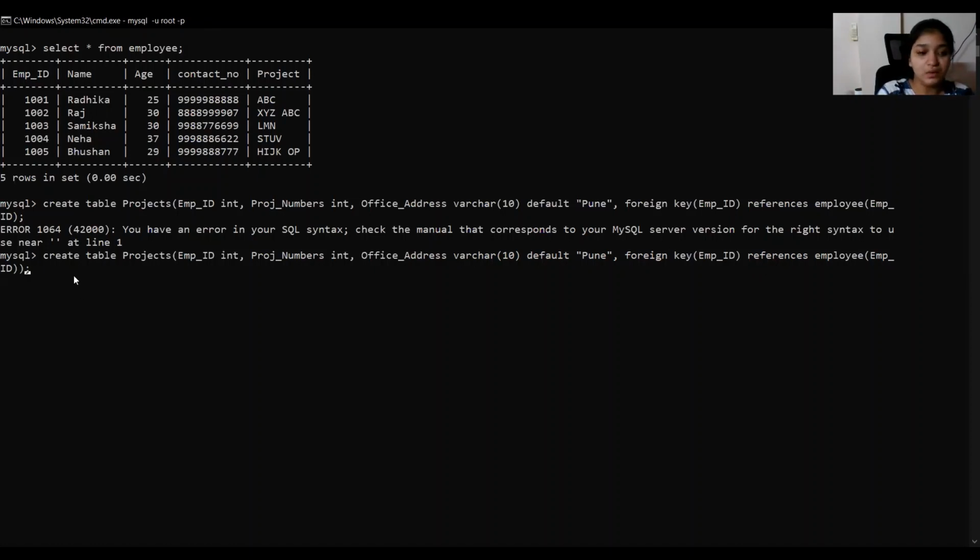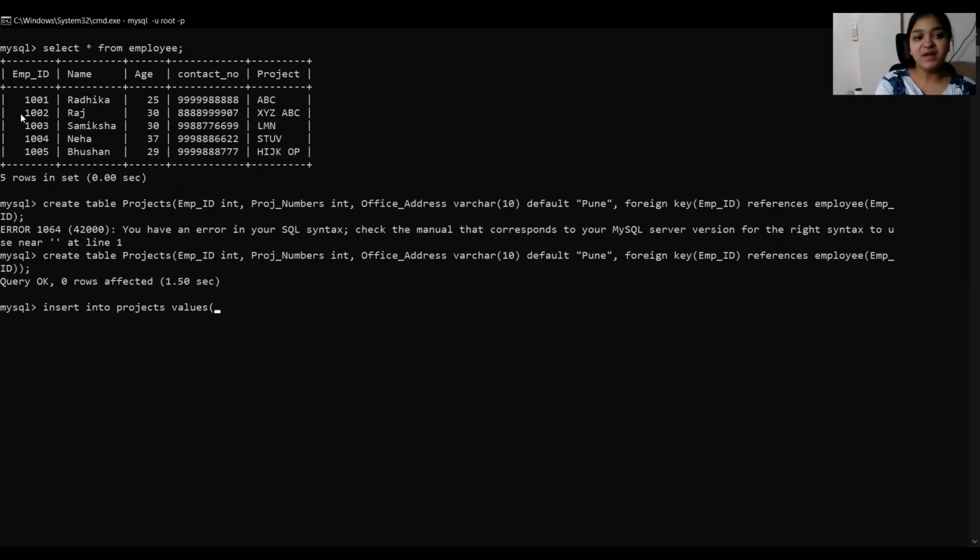Yeah, so we have not closed a bracket over here. Yes, so now our projects table has been created. Now let's insert values in our project. Insert into projects values, and now we'll be entering.